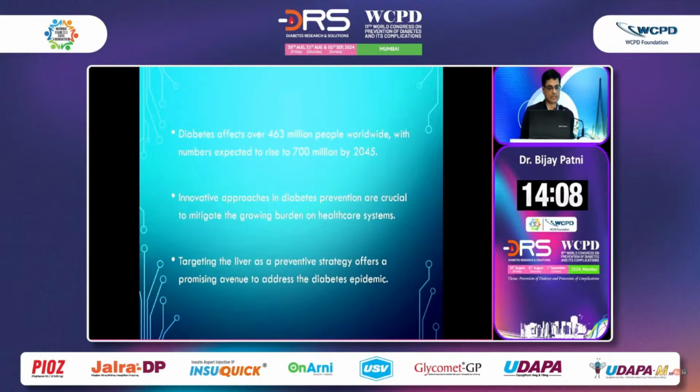So diabetes affects over 463 million people worldwide, and the number is expected to increase. What is more important is we need to innovate approaches in diabetes prevention in order to mitigate the growing burden on healthcare as well as the economic infrastructure. So targeting the liver can be a preventive strategy which offers a promising avenue in order to cut down